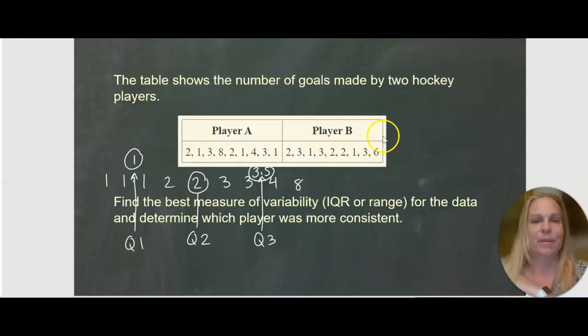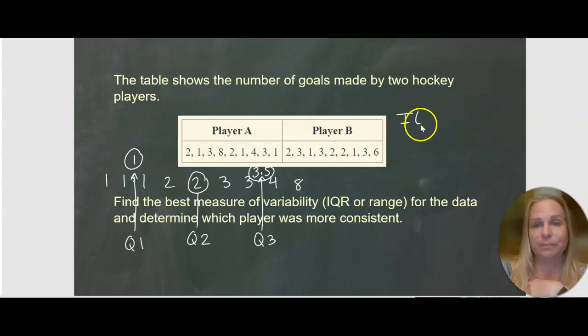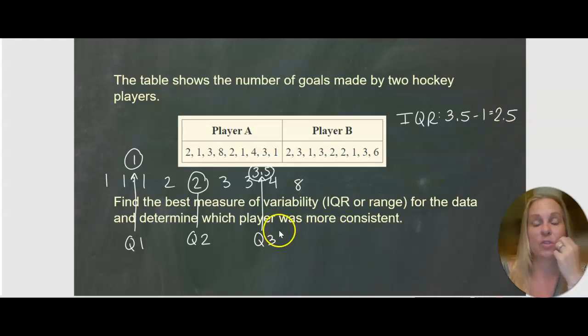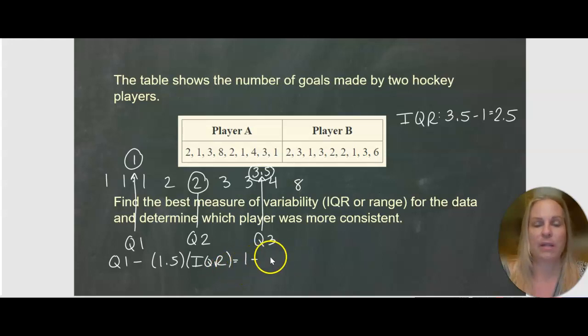To save us a little bit of time, I wrote the numbers for player A in order. I found the middle, Q2, and then I found the middle of the lower half and the middle of the upper half. So now my IQR is Q3 minus Q1, which is 3.5 minus 1, which is 2.5. So now I'm going to do my two formulas to see if I have any outliers. So I'm going to do Q1 minus 1.5 times my IQR, and that's 1 minus 1.5 times 2.5,